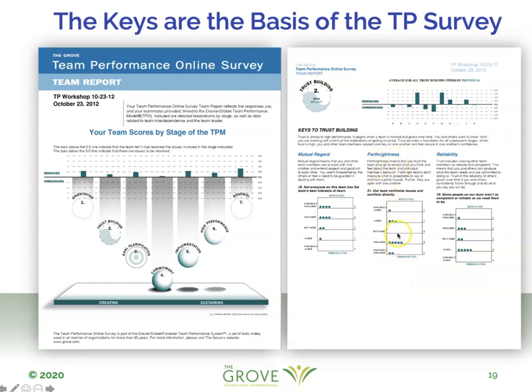Here you can see the dots show kind of a spread of attention to that. So half the team thinks they are and half they aren't. So this then provides a really great springboard for having a conversation around what's really working on our team and what are the opportunities for improvement. And all the answers are then rolled up into a bar graph at the top that's represented anonymously. But as you go across the 7 different stages, you can begin to see a pattern of people who need to be brought along more, or people who have issues that need to be raised, and that sort of thing.